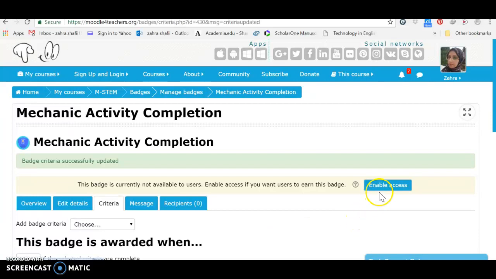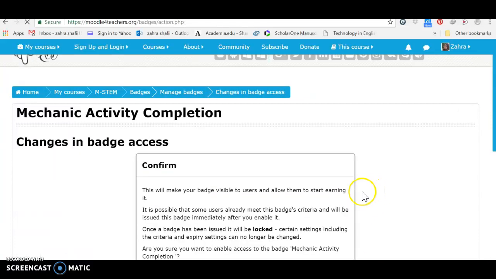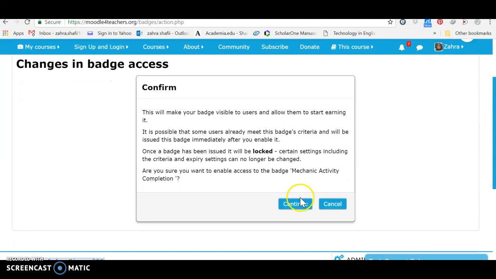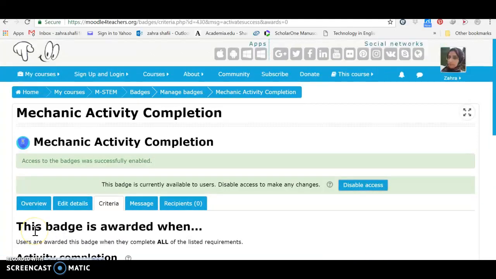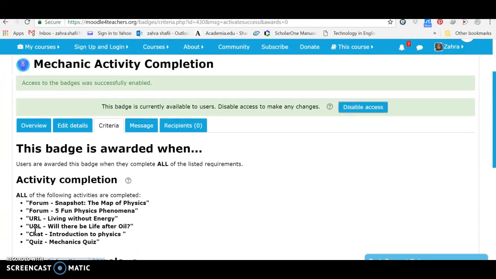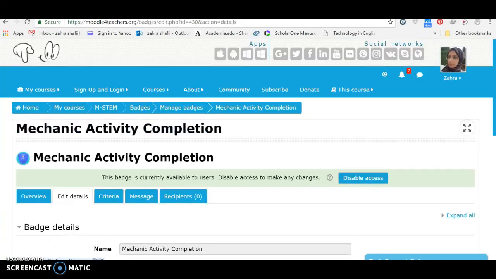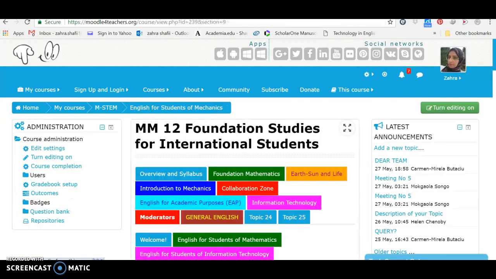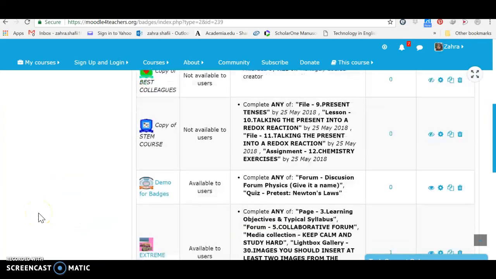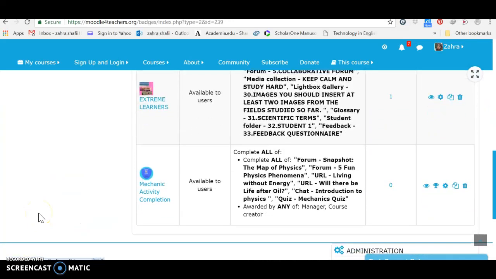The next step is to enable access so that when the participants meet the criterion, they can have access to it. After enabling it, we go back to the course and come to managing the badge to see what other adjustments we can make. Here you can see the badge with all the criteria and all the parts